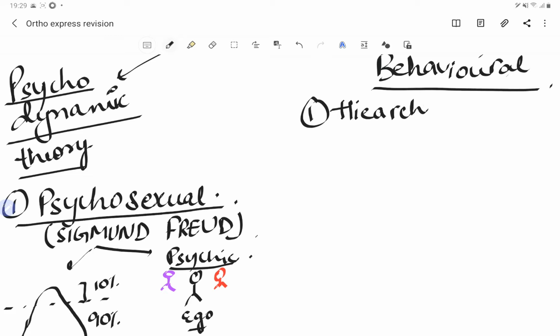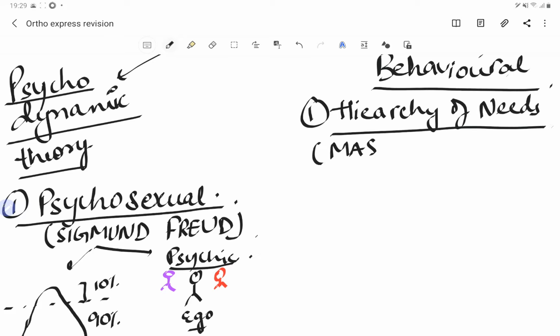The hierarchy of needs was given by Abraham Maslow in 1954. The hierarchy of needs is the self-actualization theory. That means when the need develops, the child starts actualizing the thing. Then the second one is the social learning theory